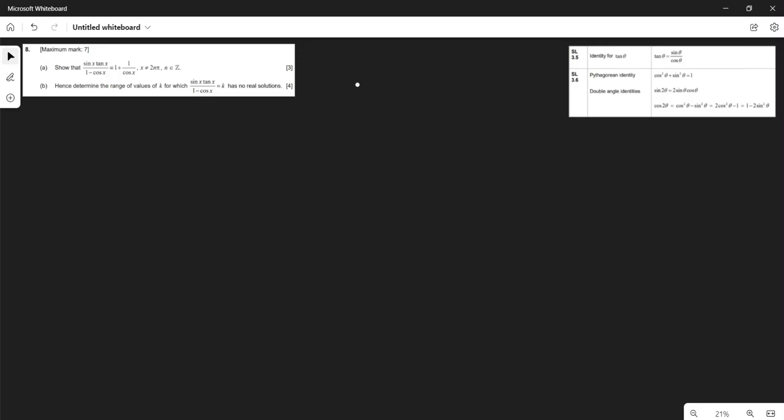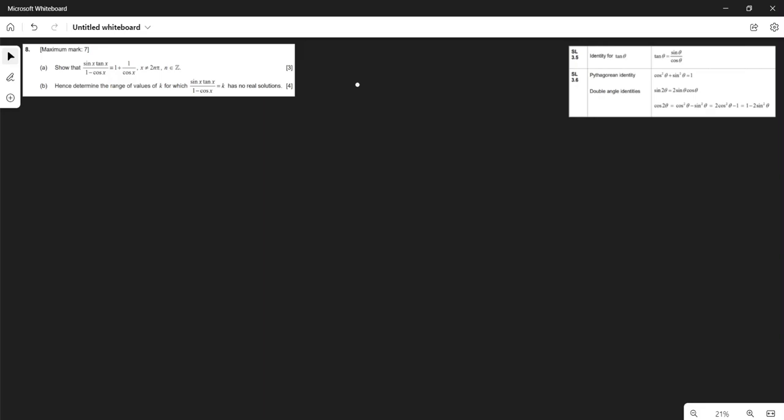Hey everyone, today we have this interesting trigonometric functions question. This is a paper 1 question, so no calculator, from the November 20 Math HL exam. So we have part A, which is a show that question, and it asks us to show that sine x